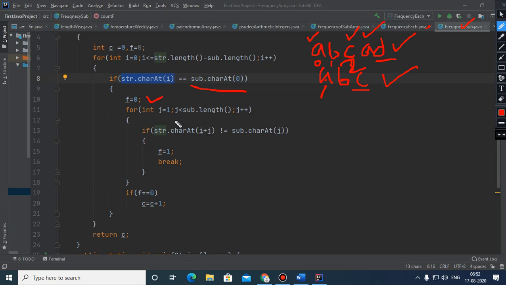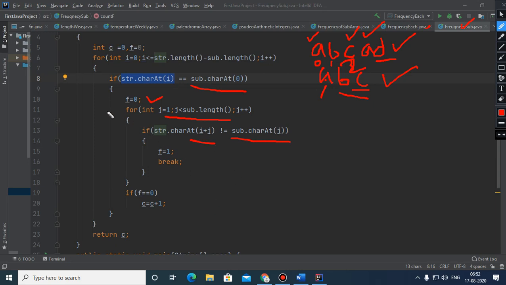And a loop we have started from 1 to less than sub.length for the remaining part. With the help of this, initially we are getting B, and after that, in the next step, we are getting C. I hope you know this. But what is the role of this i plus j?